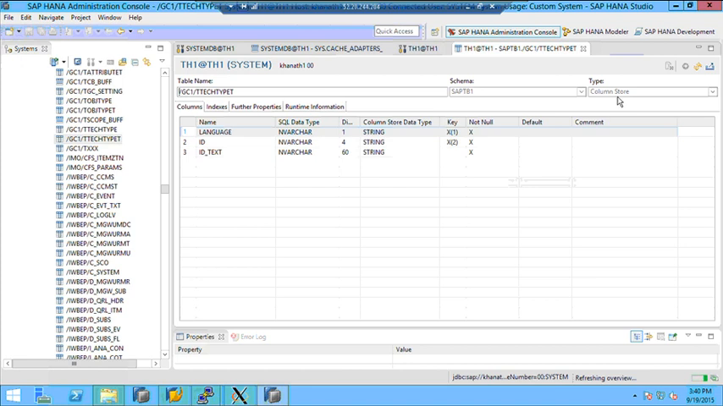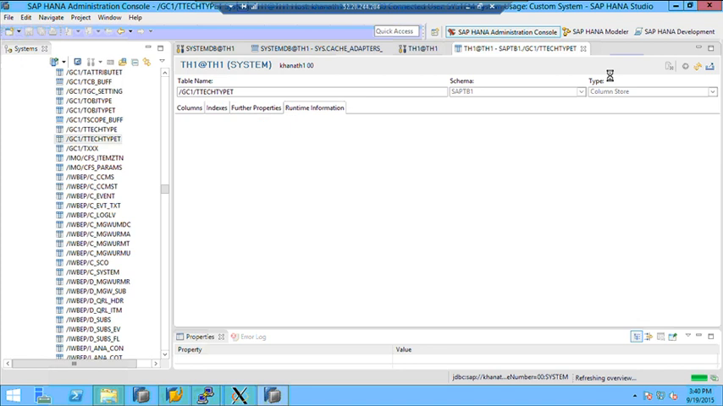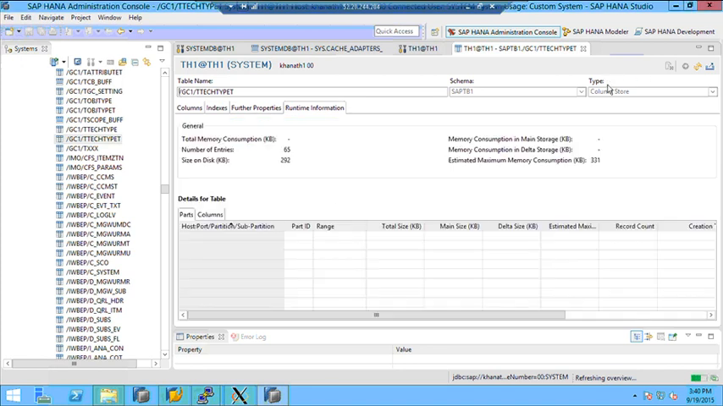So as you can see, like I mentioned, this is stored as a column store. If you can see it, this is a column store. You can even see better data here. But as you see, this is a column store table, and it's